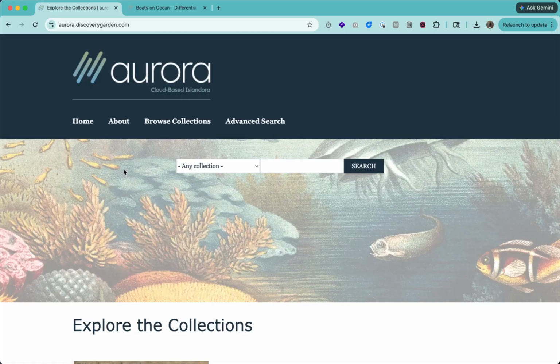So to give you a brief recap of everything we talked about till now, Aurora gives you a standards aligned, accessibility compliant, IIIF native repository with the full range of GLAM content types, from images, documents, books, newspapers, compound objects, audio, video, as well as flexible collections, granular access controls, and out-of-the-box interoperability. All of this is hosted, maintained, and supported by us, so you do not have to worry about